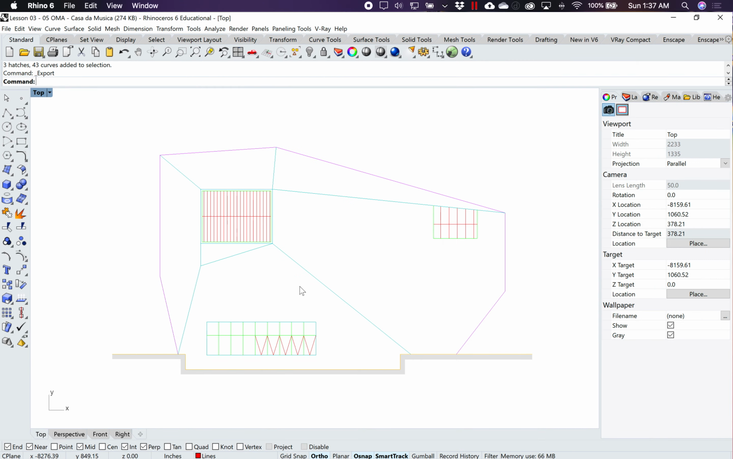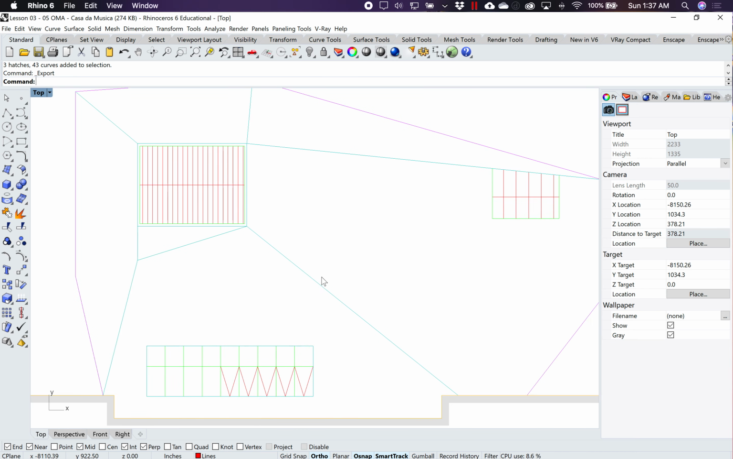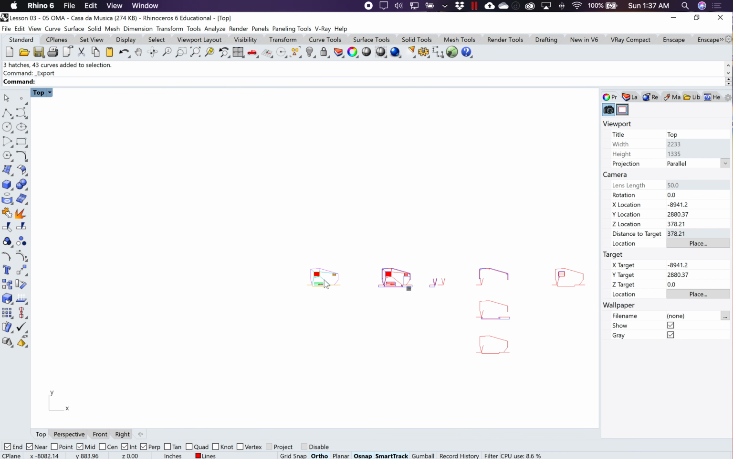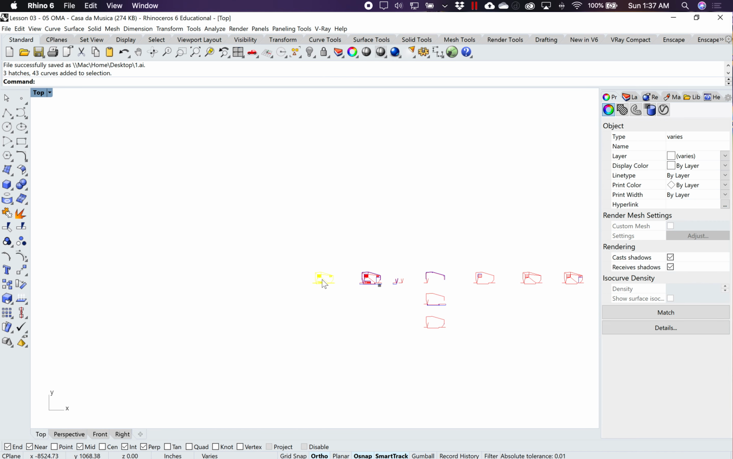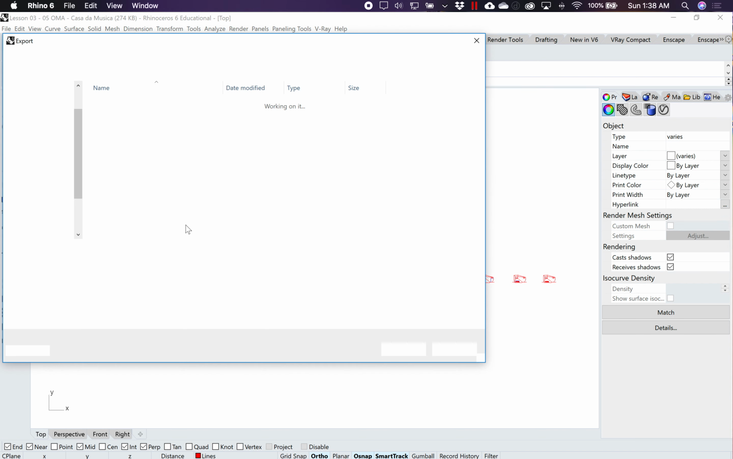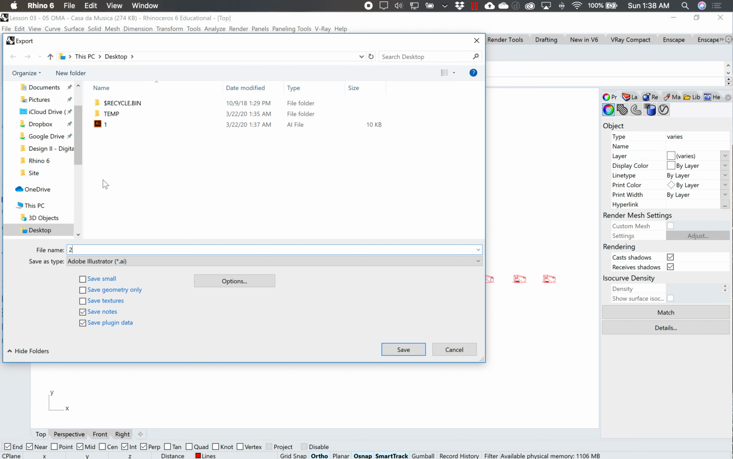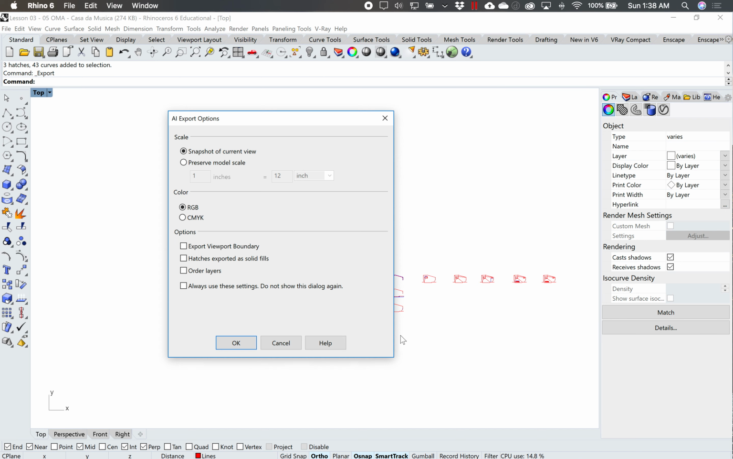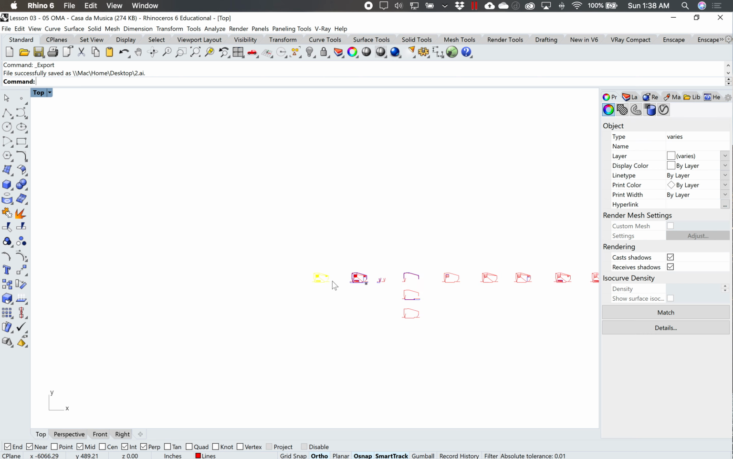Essentially, the scale that it's giving you is the size as it is on your screen. So if I were to zoom out, for example, and export it at this scale, I'll just label this 2, Adobe Illustrator, save, snapshot, and then I'm going to export it 1 more time, but